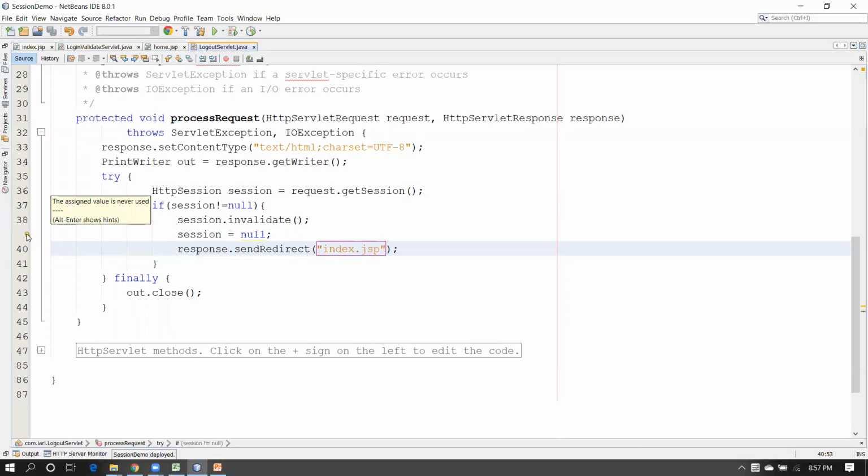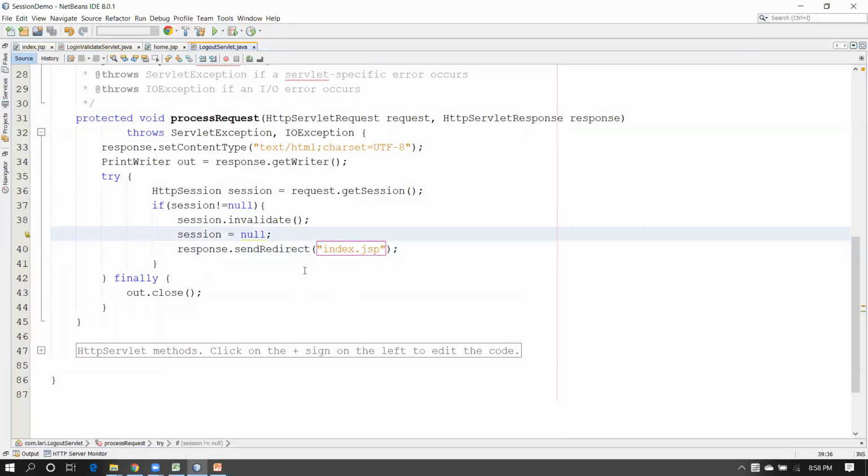And this logout will invalidate your session, and it will go back to index.jsp. If you want to show that you are successfully logged out, then you can write that value and print it over here, but I will show that thing in the JSP. Okay, so look at here,